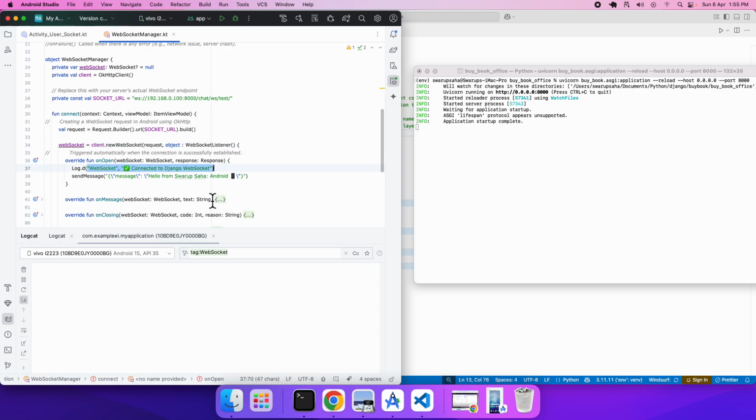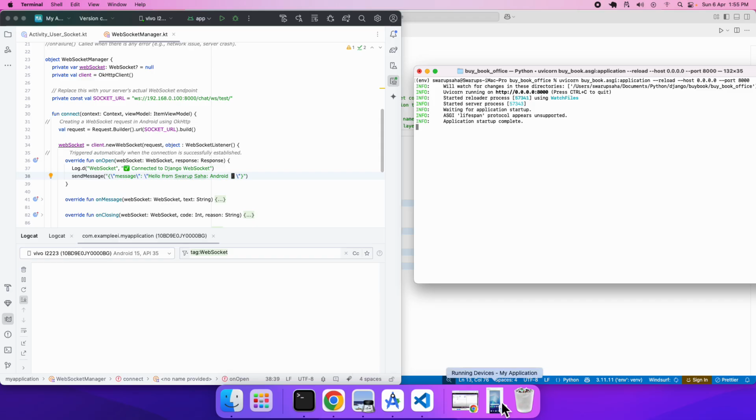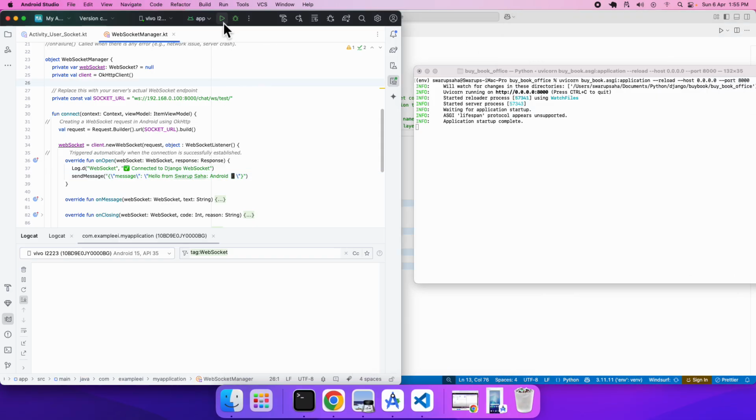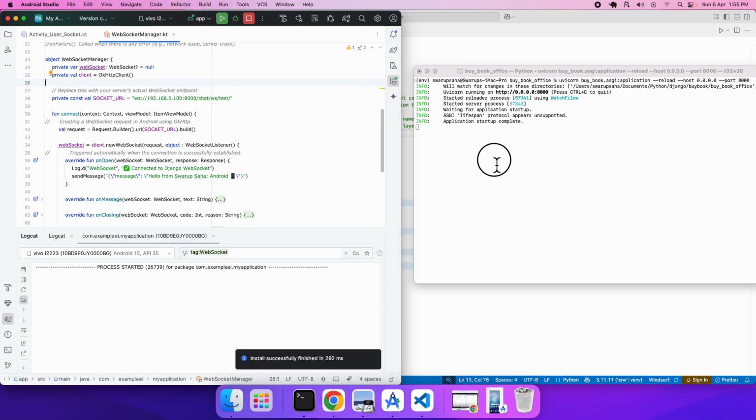So this message I will see in the logcat of the Android Studio, as here I've given the title as WebSocket, so the tag is WebSocket. So I will see this message, and this message I will see in the terminal. So let me now run the code, and as I do that, please be careful. Here is my physical device connected. So let me now click on the Android Studio start button, and as it's starting, I am just eagerly waiting,